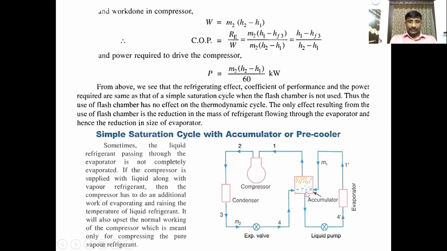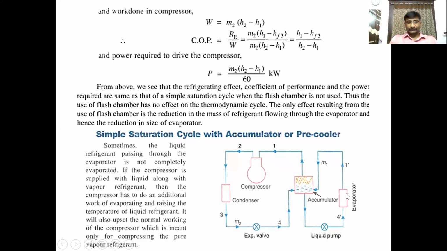The liquid formed and separated in the bottom part of this accumulator, we use a liquid pump to pass it through the evaporator. In the previous case, the evaporator is connected to the compressor suction line, so whenever the compressor runs during the suction stroke, a low pressure is created in the compressor cylinder, and due to that low pressure the flow is maintained in the evaporator. Clear? In the previous case we could not use a pump for that reason. Here, to maintain the flow in the evaporator, we have to use the liquid